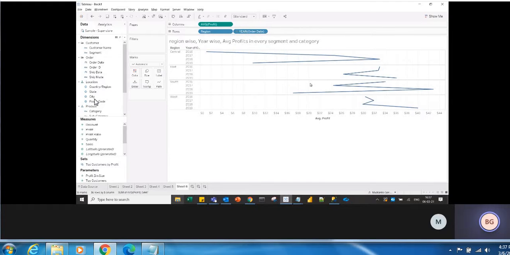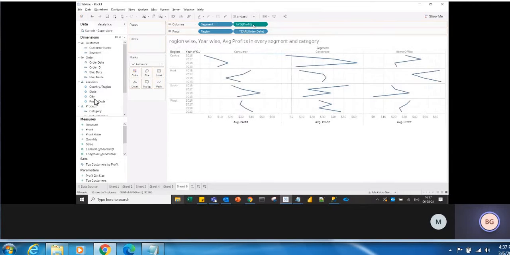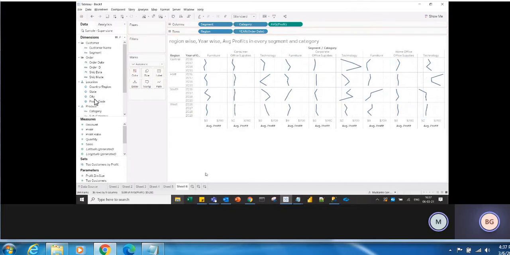Now you keep dragging every segment and category, the small multiple dimensions. So segment, drag it next to the measure, and then what next? Category. So drag the category here. Okay, if you see here, it will show the region wise, year wise, segment wise, and category wise average profit.